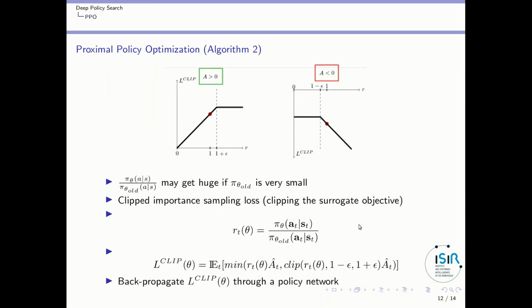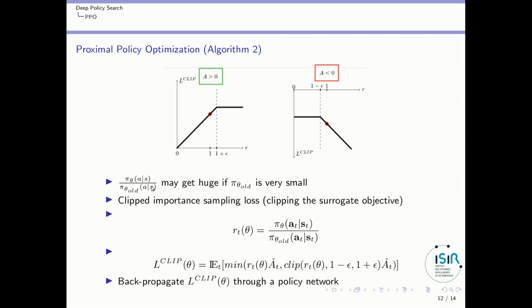Okay, there is a second algorithm which is a little different from the previous one. The main point is the following. The idea is that this term in the surrogate return objective, the probability of that action divided by the probability of this action, this importance sampling term, can get huge if this particular term is very small, quite obviously. So in that case, the surrogate return objective may get quite inaccurate. So you want to avoid performing changes corresponding to those huge values.